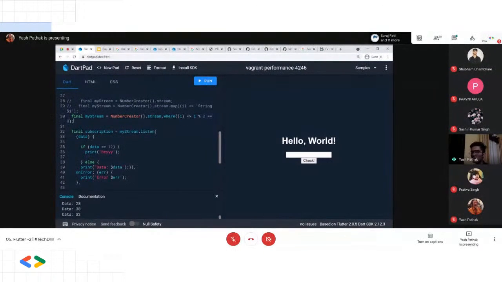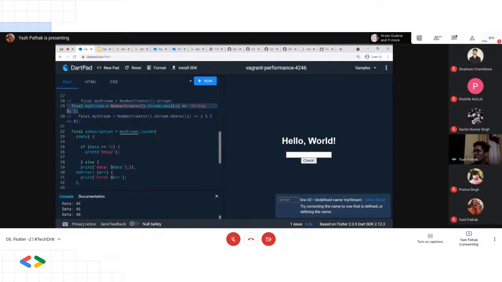Okay, so which means I want my even integers to be returned. Similarly, if you want to map your data to something else, then you can use this. So let's comment this and uncomment this. Now this string and this integer will be mapped against this data. So if I try to run this,